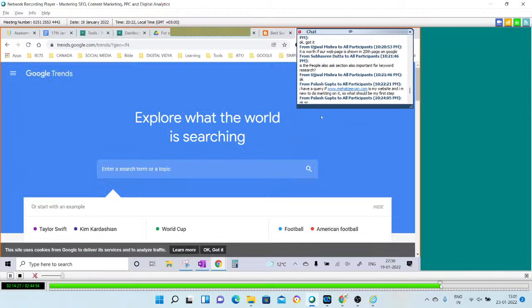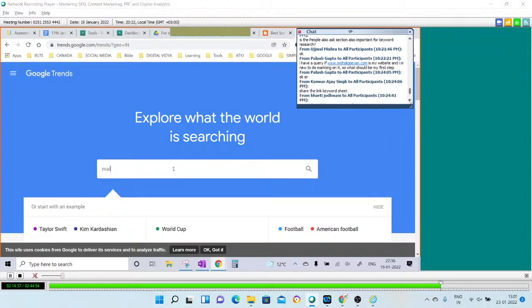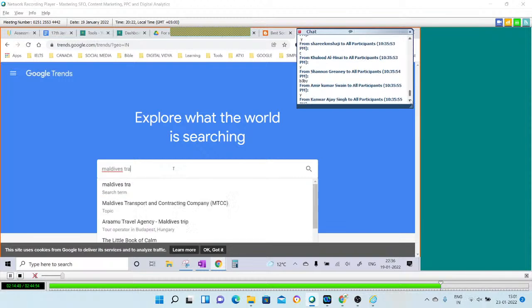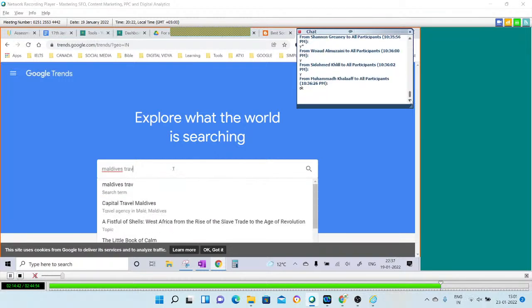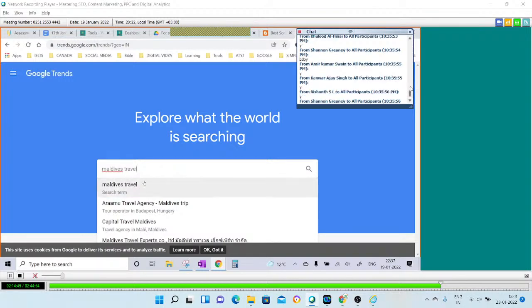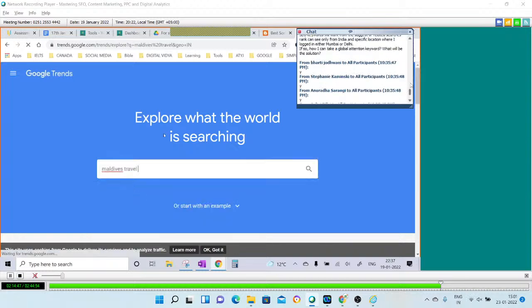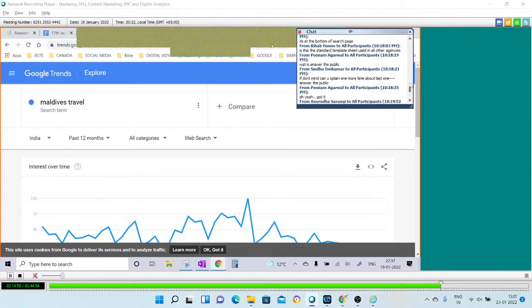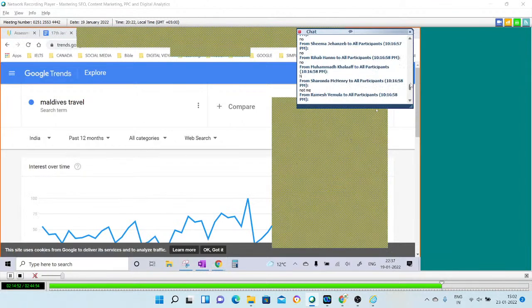Rehab, can you just switch off your camera? It is covering my half screen. I'm not able to work properly. It's covering my screen. It's very difficult for me, guys.